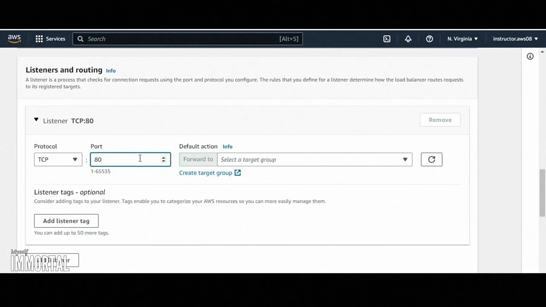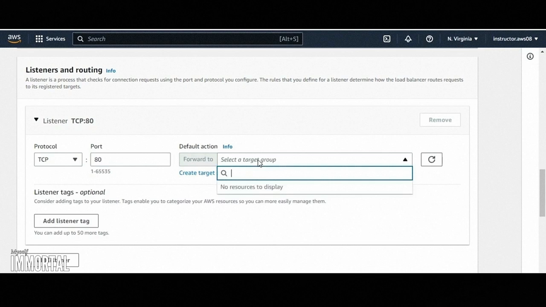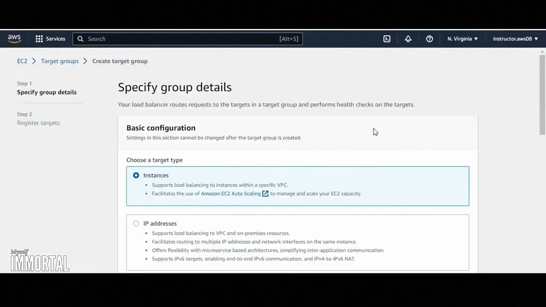However, what will it forward requests to? This is what the load balancer over the internet will be listening on. Well, when it gets a client request on that port number, where should it send it? And that's where the target group comes in. Now, we don't have an existing target group, so I'm going to go ahead and click the link for Create Target Group. That opens a new browser window